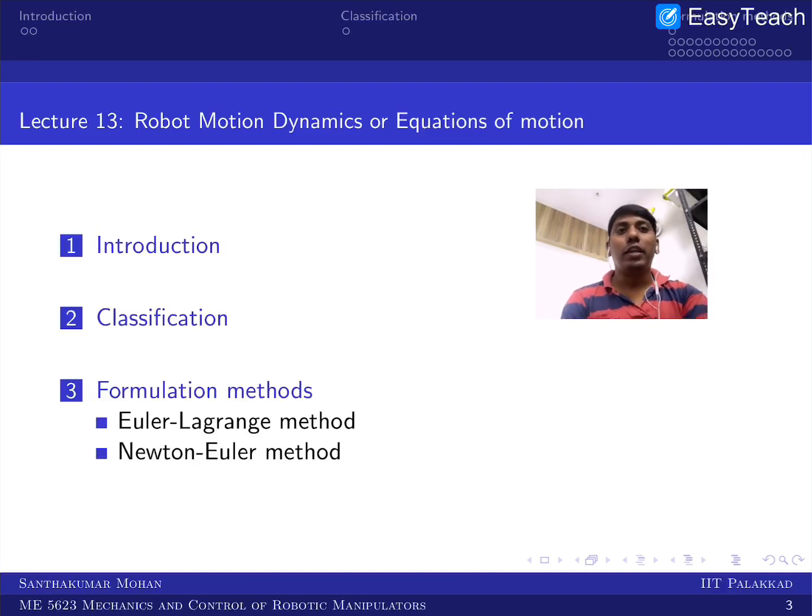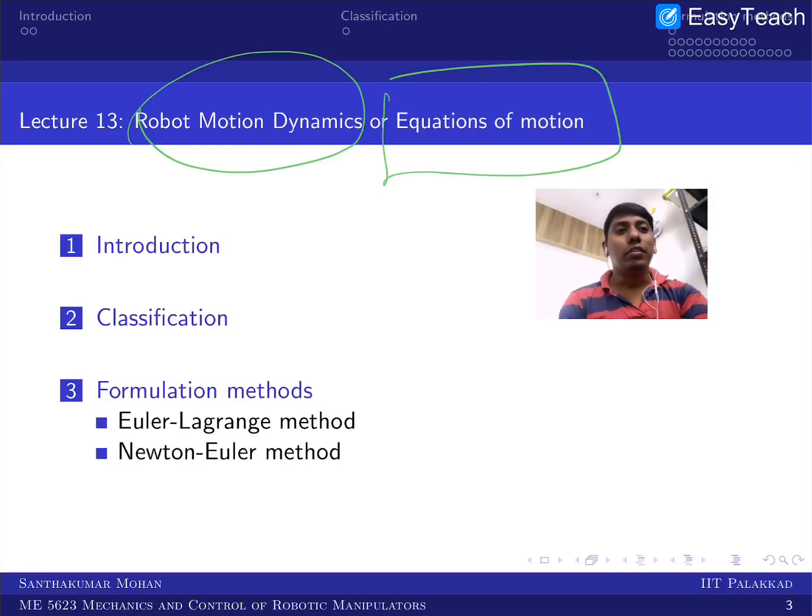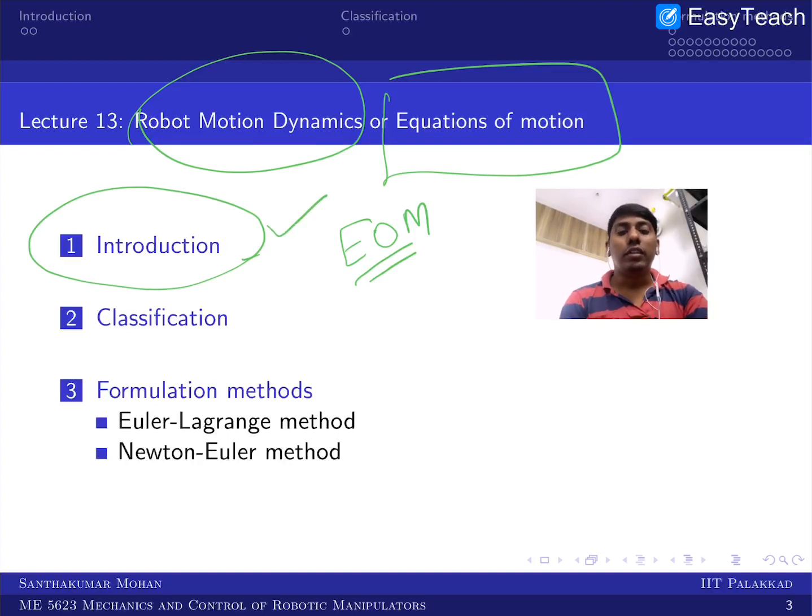What we are trying to see here is robot motion dynamics, specifically the equations of motion, simply called EOM. This is what we are trying to derive for a given serial manipulator. For that we are introducing what dynamics is and how it is useful in robotic manipulator design,